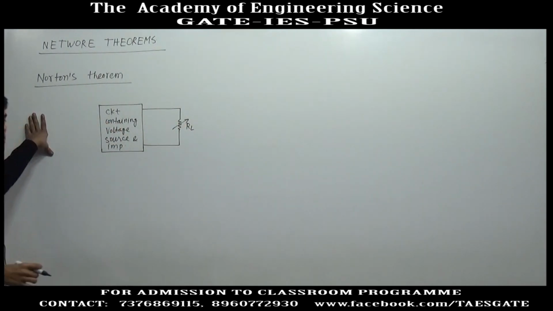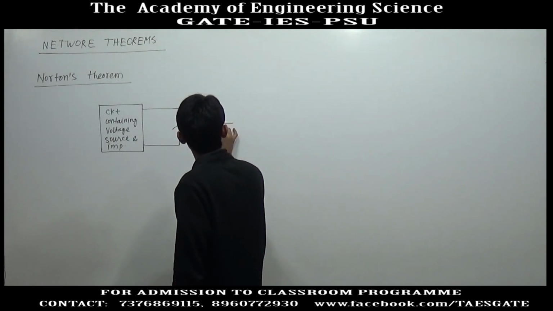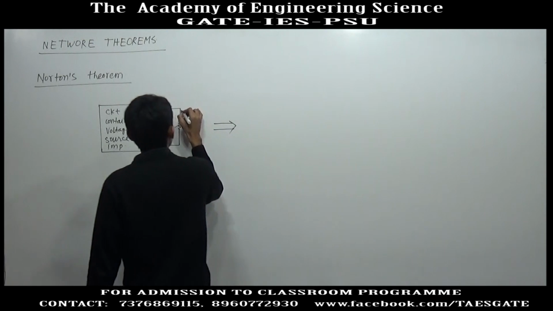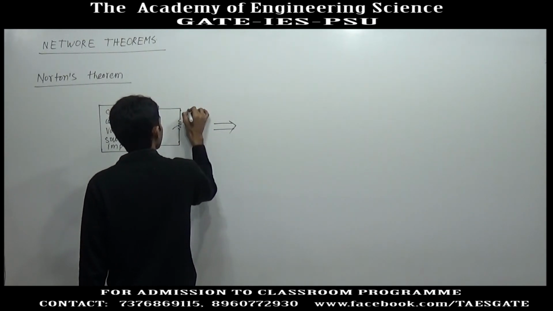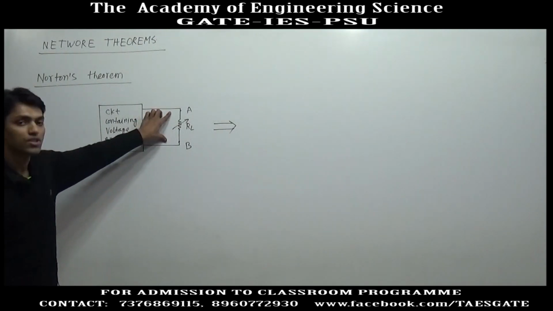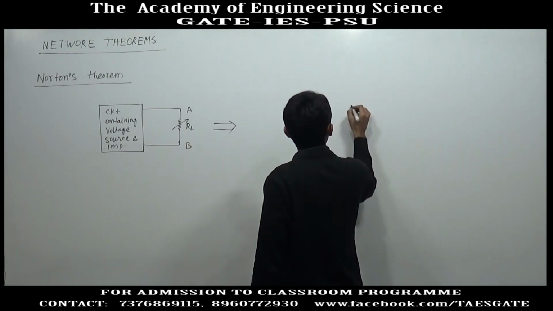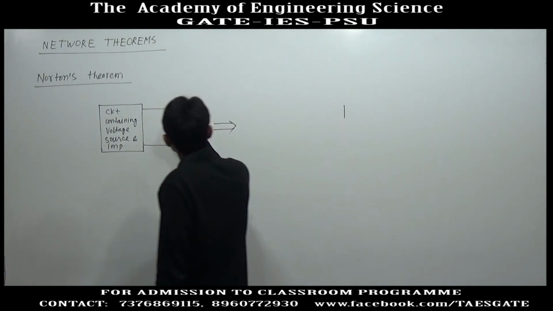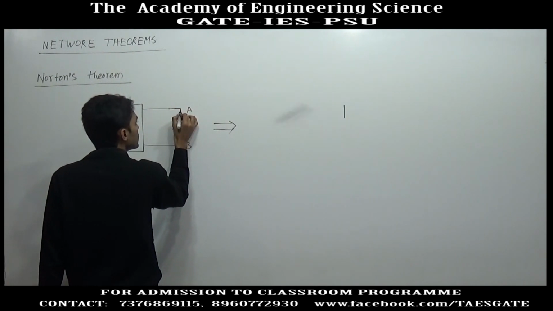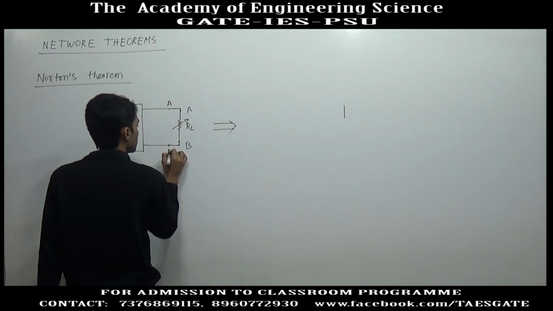Just like Thevenin theorem, in Norton's theorem, a circuit can be represented as follows. If we want to make Norton's equivalent circuit about the load terminal, about the terminals A and B, the inside part of A and B, suppose there is no element connected between these two points. So if this point is A, this point is also A, this point is also B.